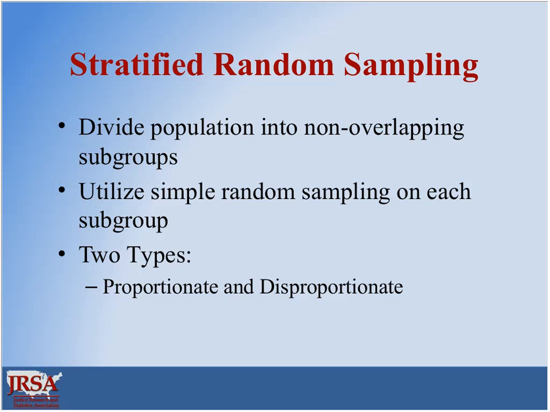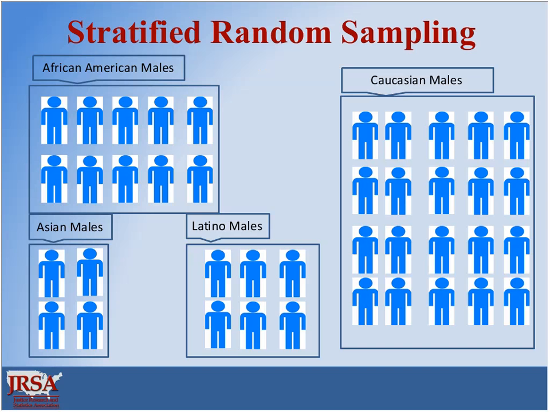With disproportionate sampling, the size of the sample selected from each subgroup is disproportionate to the size of that subgroup in the population, because you are intentionally oversampling these smaller groups. And this allows for the rare subgroups to be more represented in the sample. Disproportionate samples ensure that you will have enough members of all groups in your sample. So to provide an example,